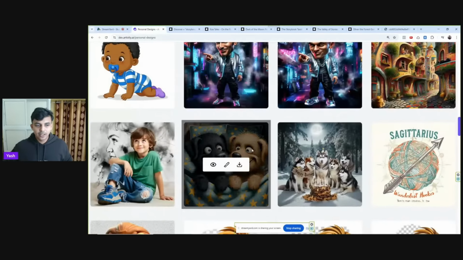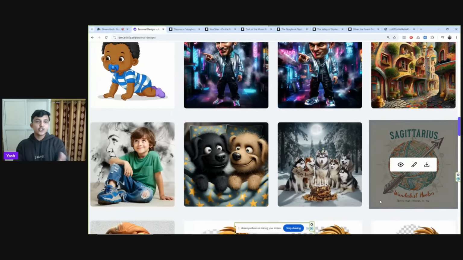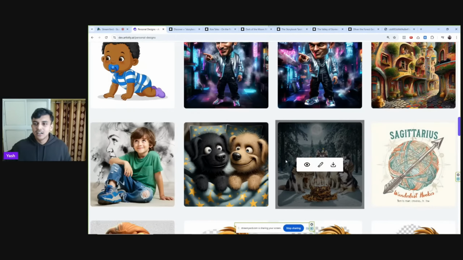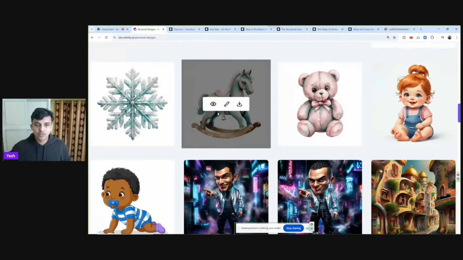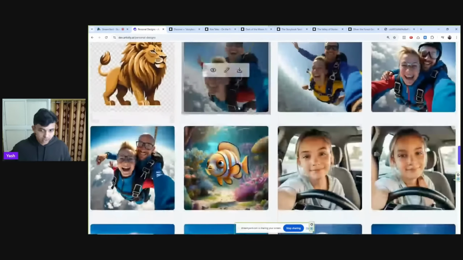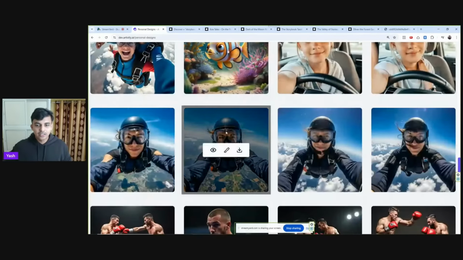So, by the way, I'm working on a new designer as well. I really hate to leak this, but this designer is coming in Artistly very, very soon. Intentionally kind of revealing it at the end of this training. This designer follows your prompt word to word, literally word to word, and gives you so many unique designs and styles. I was just playing with it, and these were the results. They are pretty good. Look at this, right? This was generated with the